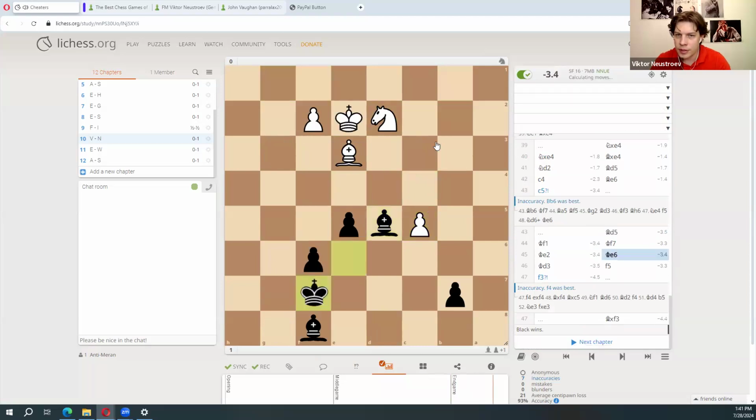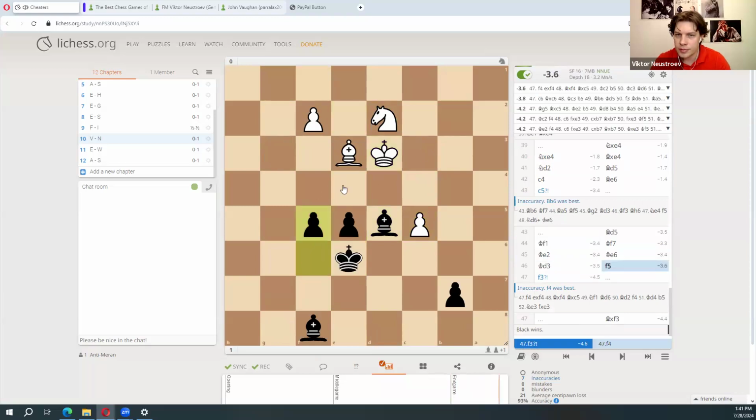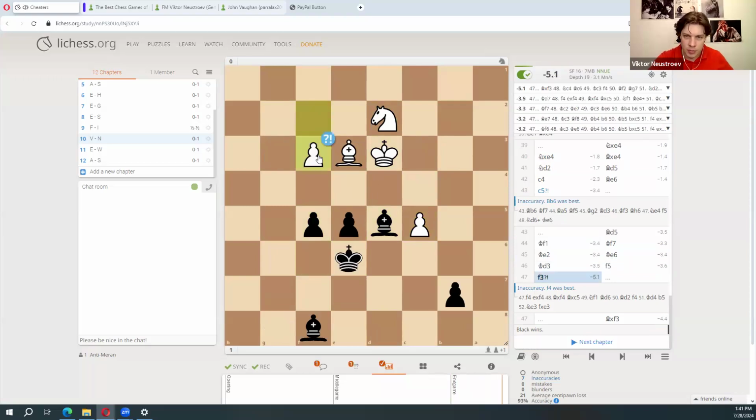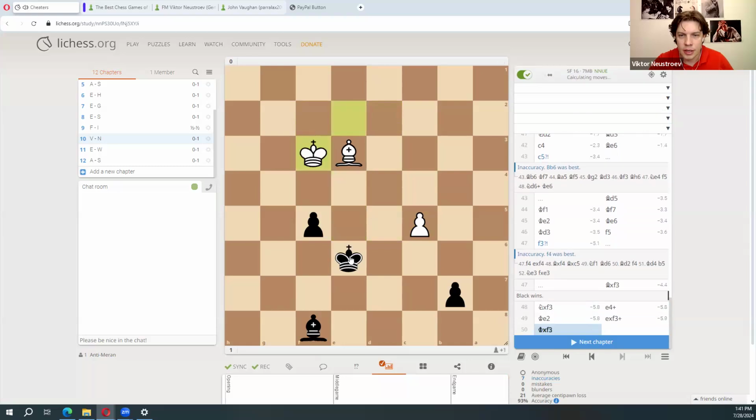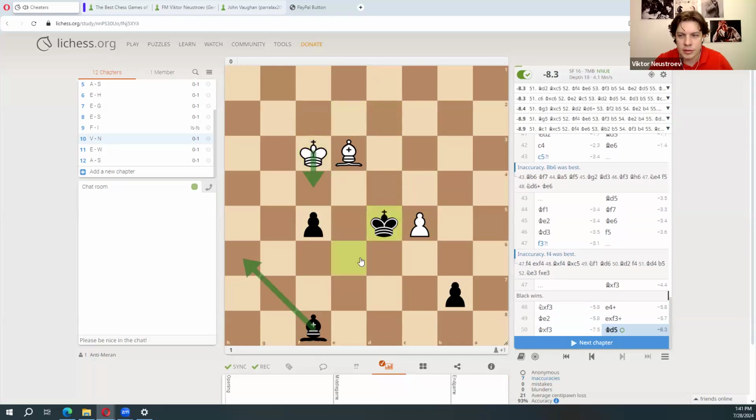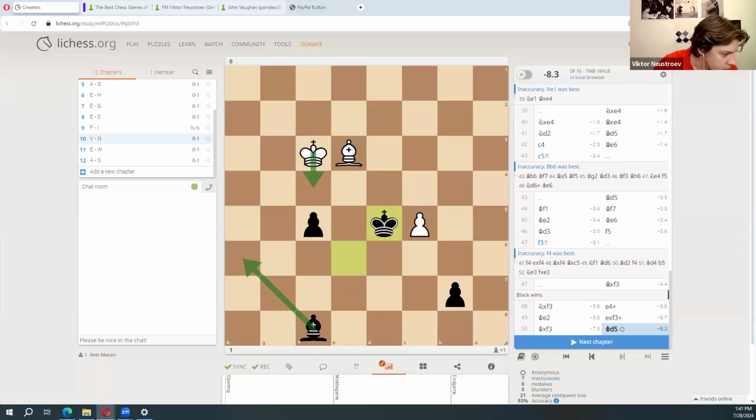So they both bring the kings. And finally f5 with f4, which traps. So f3, this is a mistake too. And this is a mistake because black simply takes and passes the game to the winning bishop endgame. And in this position, king d5, because this move fails. So this is where black is winning. So what do you think? Well, it seems that white wasn't cheating, but was black cheating?